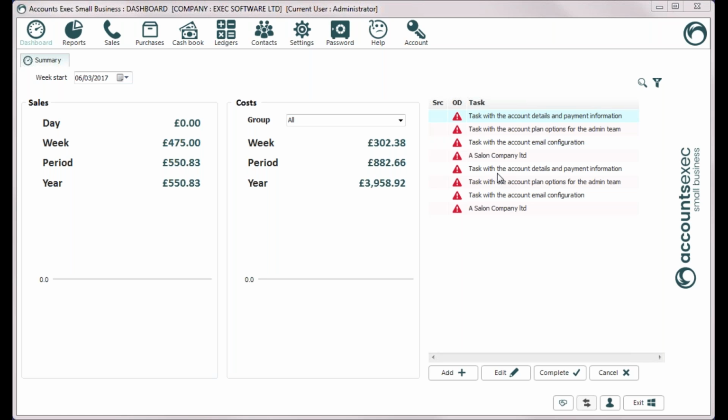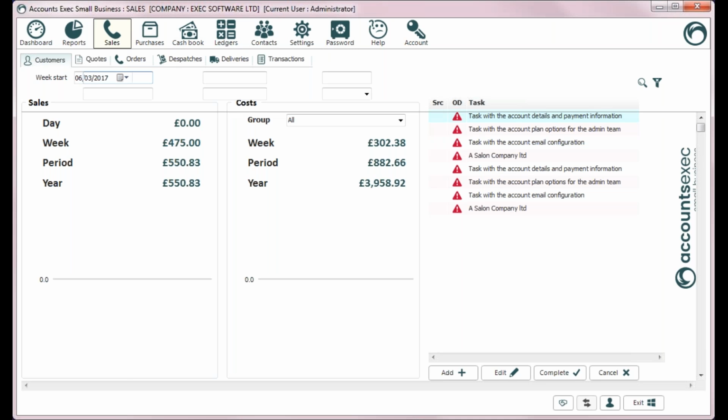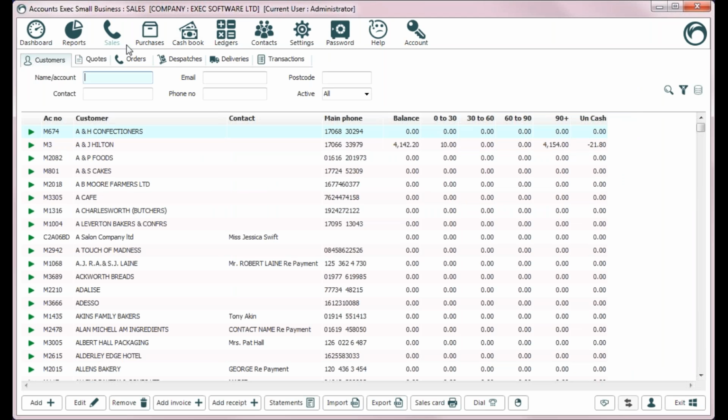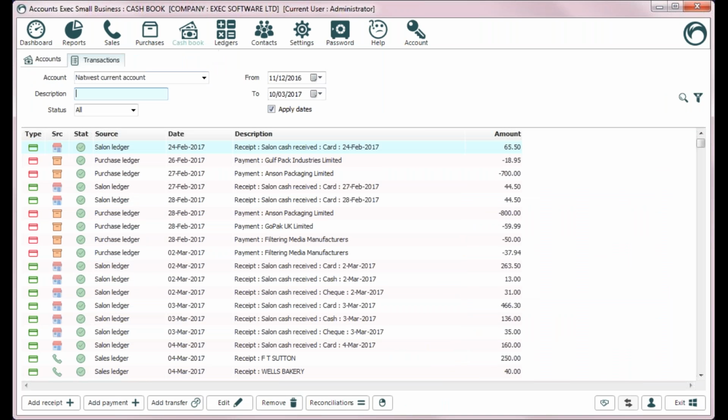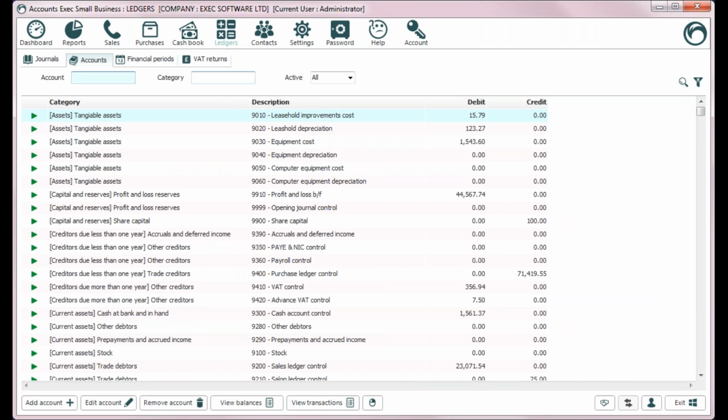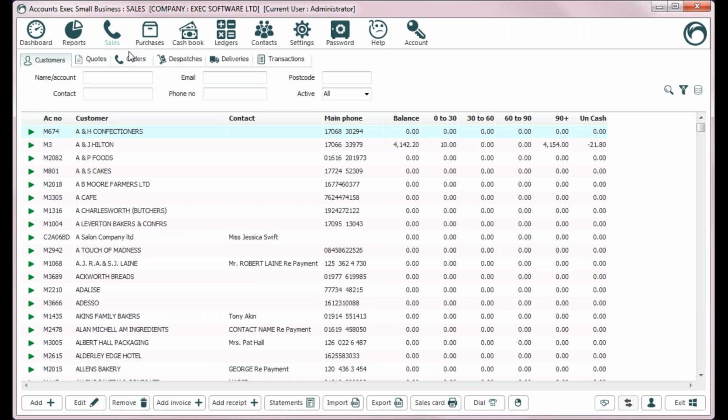So the application can be navigated initially by the main buttons at the top here. If I want to have a look at the sales area, I simply click the sales button, and the purchases area, the purchases button, and they're grouped by functional requirements. Under the cash book, you'll be surprised to find the cash accounts, and under ledgers we find journals and nominal accounts. So if we look in sales as an example, under here you will expect to find the customers,